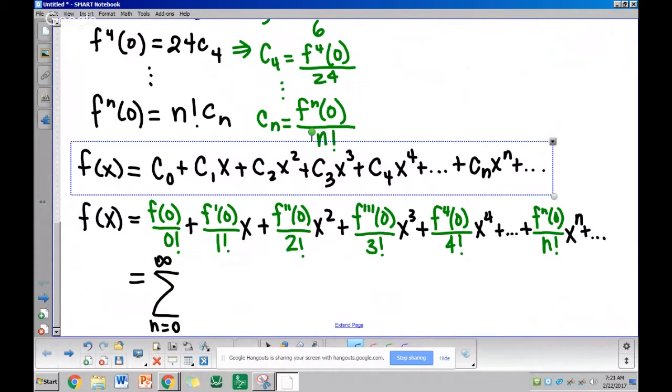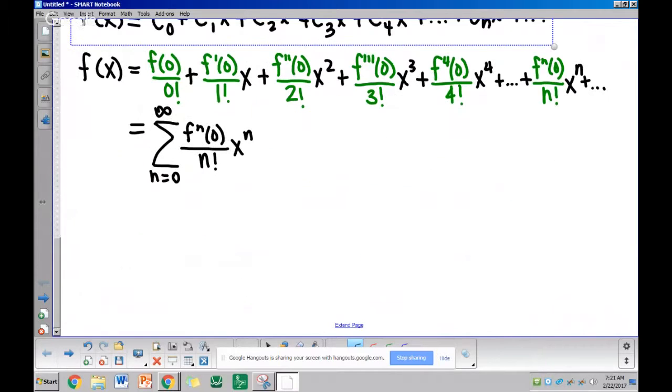Using the nth term there at the end, I can say the nth derivative evaluated at 0 over n factorial times x to the n is my power series for my function f of x centered at